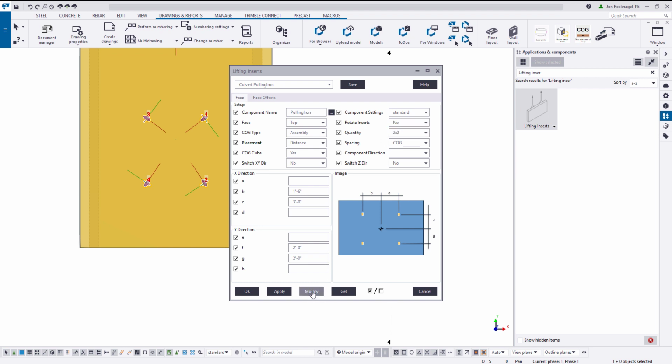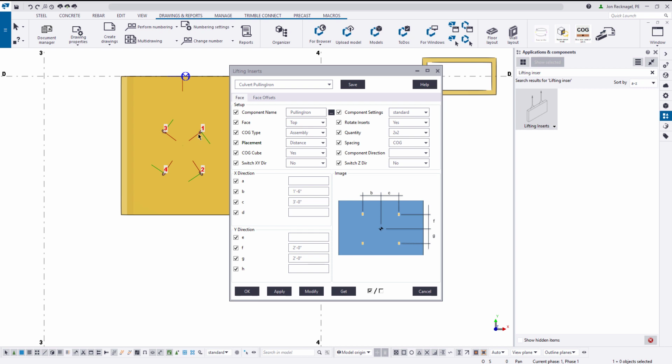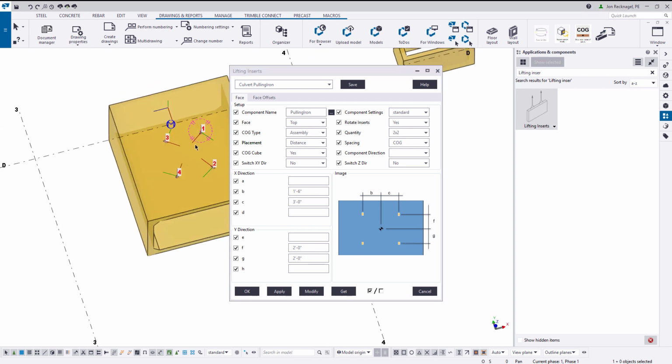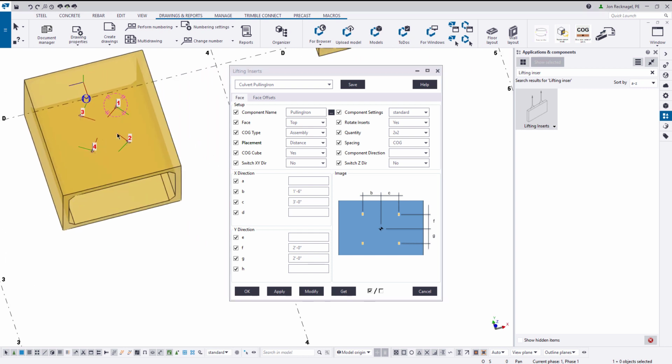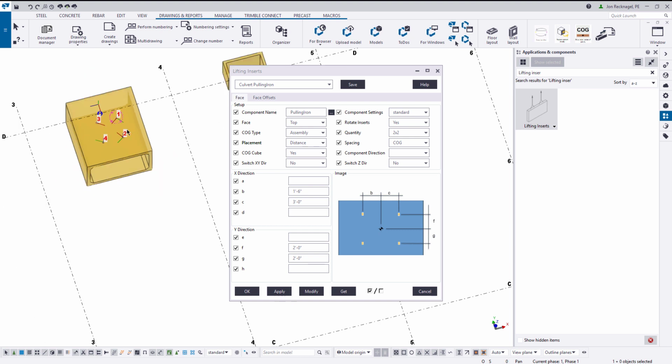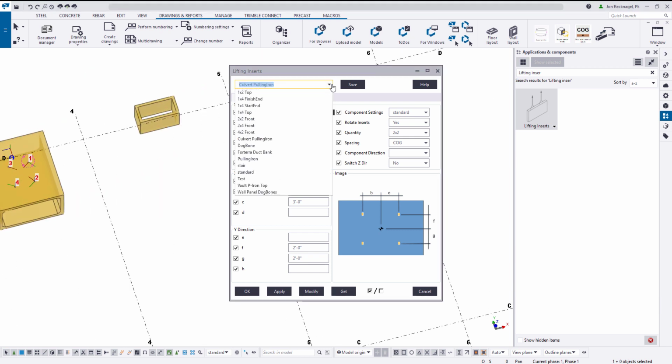If you just set that to no and press modify, now you can see everything is nice and perpendicular. Or again, you can set that to yes. So a lot of really nice functionality there with some of these tools. And as you can see in this one, I've got these set to distances here. So it's 1 foot 6 and 3 foot versus a certain percentage away, just to show some variance here. And then lastly, if we go to the vault,